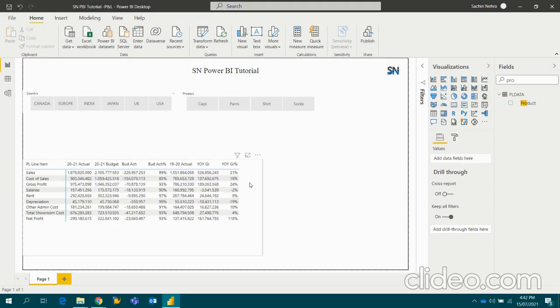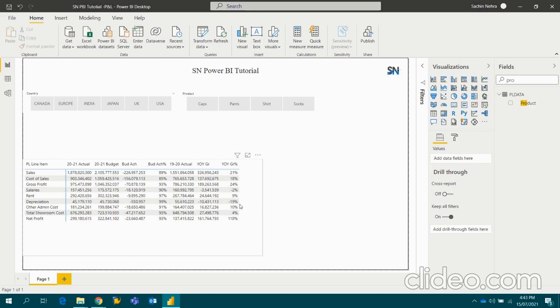So now the next thing which I'll do, I will bring the conditional formatting. For the records, by record I mean the P&L line item as well as the particular column. For example, if my sales is increasing versus last year, it should be green, and if it is decreasing, it should be red. Accordingly, for the expenses, if it is increasing, it should be red, and if it is decreasing, it should be green. This is not provided by Power BI as a basic feature or add-on feature. This is not available at all. So we can achieve this through a few additional measures.